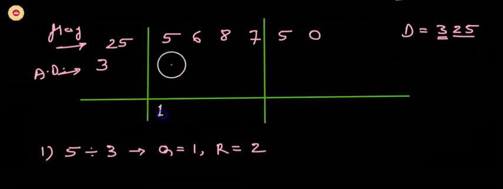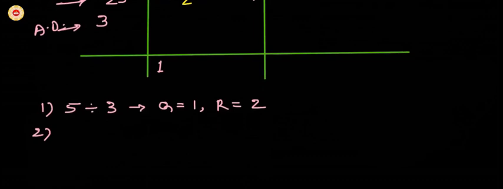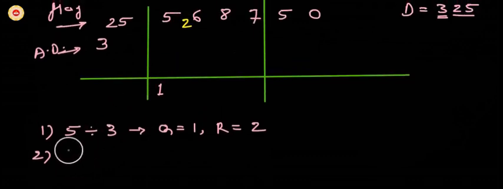Write quotient 1 below 5 and write remainder 2 as a prefix to next digit in the dividend. Now 26 is gross dividend. Read this 2 and 6 as 26. 26 is gross dividend. Let us calculate in the step number 2. Let us calculate net dividend. 26 minus